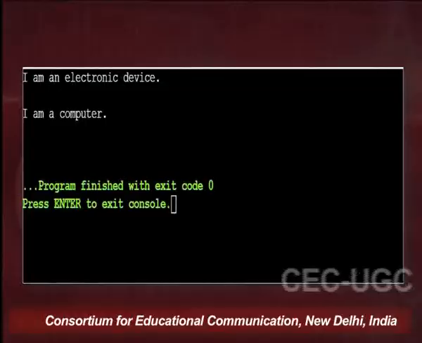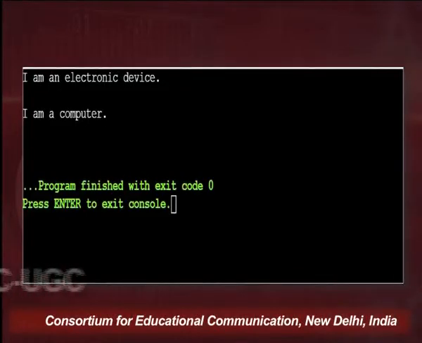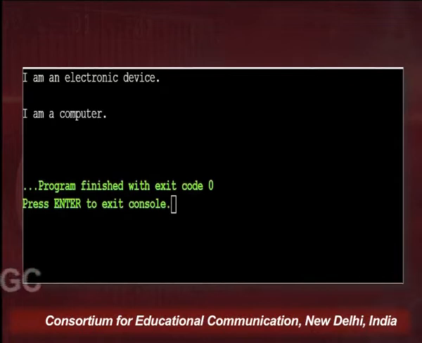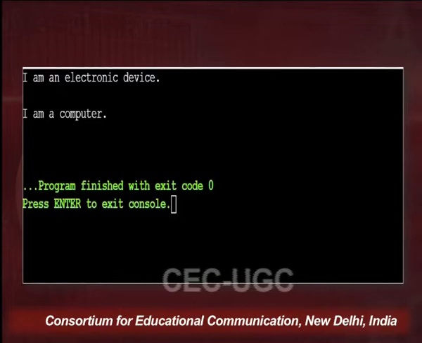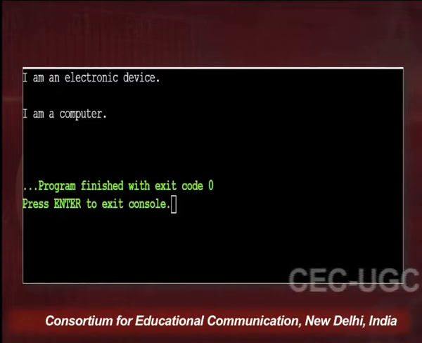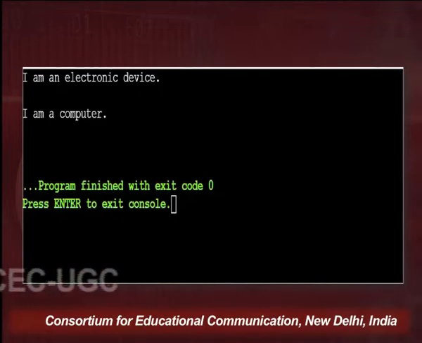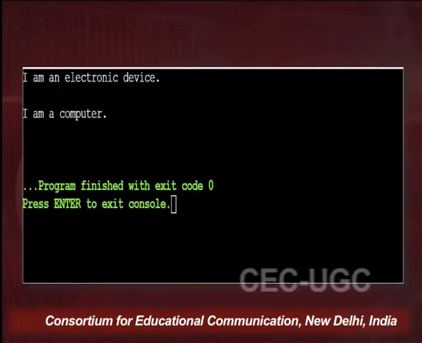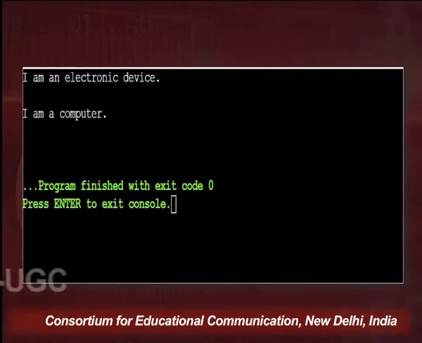And here is an output screen which shows that I am an electronic device, which is the statement from the constructor of electronic device class. And again the next statement is I am a computer, and this is actually a statement from the constructor of the computer class. So this whole phenomenon indicates that Debian has called Linux base, which in turn has called electronic device and computer